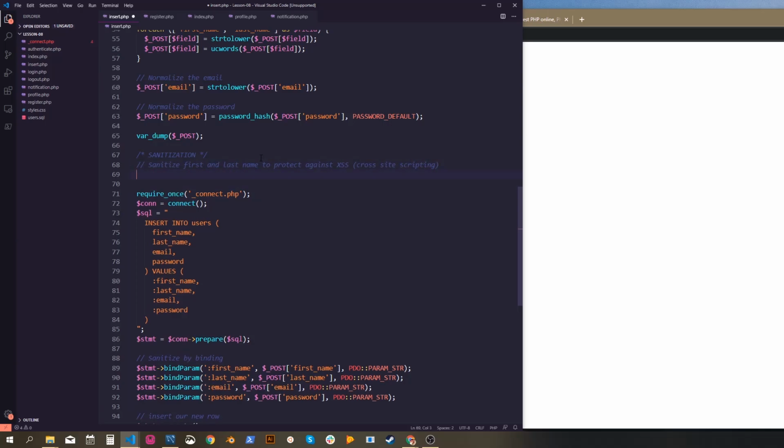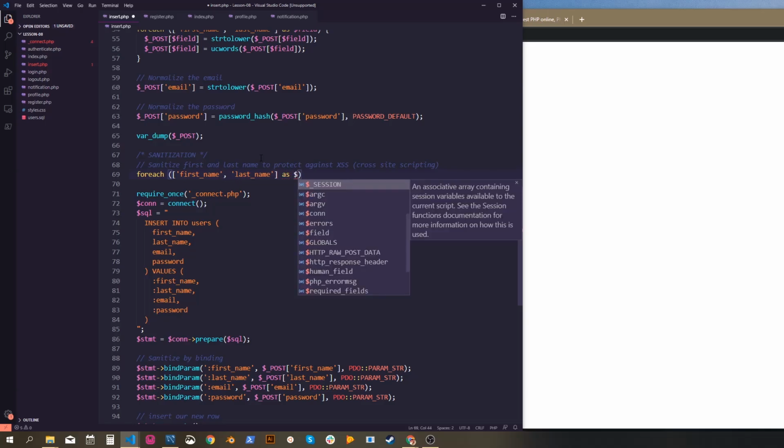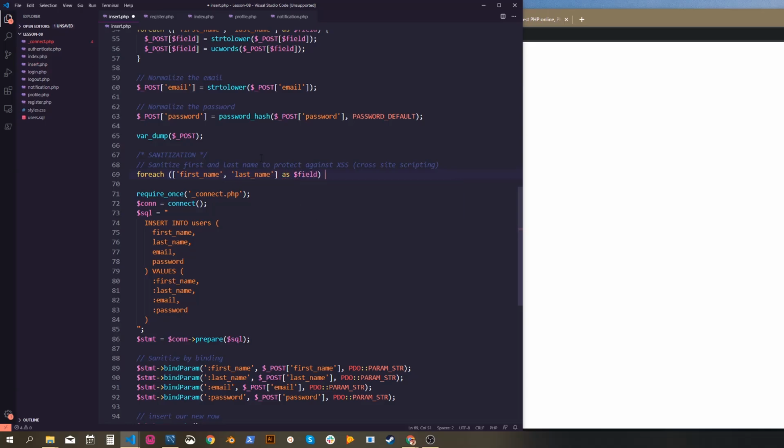All right, and the easiest way to do that would be we could write a foreach loop, and we can actually do it just directly inline too. Why am I writing last name first? It's super weird. There, first name, last name as $field, $_POST[$field]